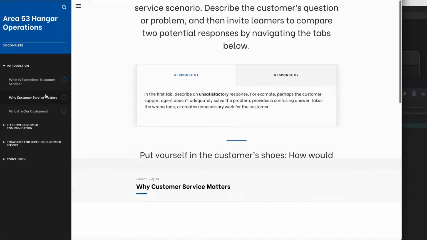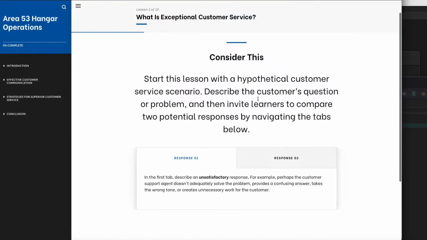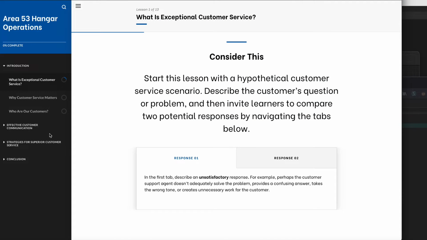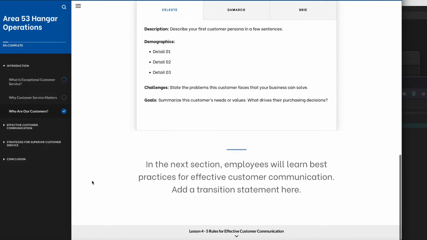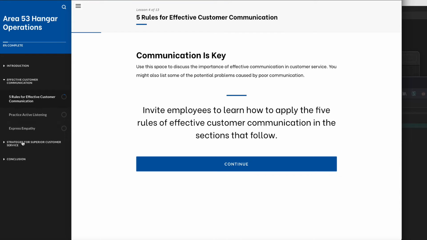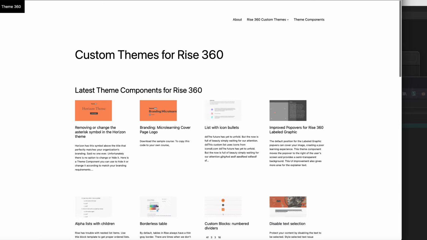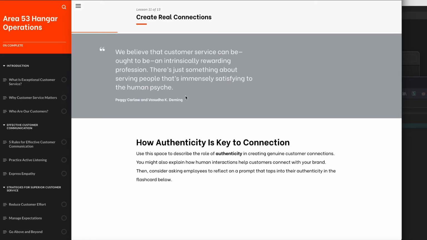So I've got an update on the custom menu system in Rise. So here's my course. Here's what it does. It auto expands the active section. Actually, it collapses all the sections and then checks to see which is the active section and then expands it. I think this is going to be